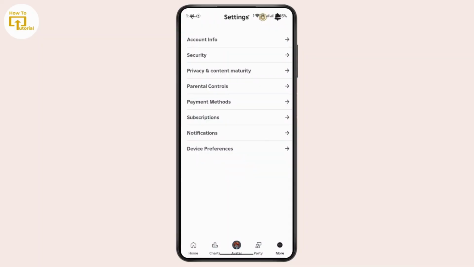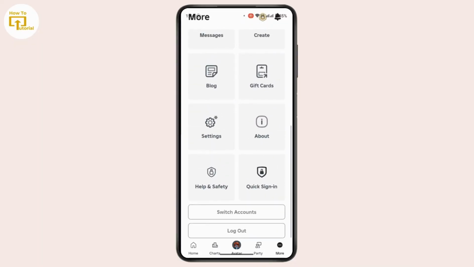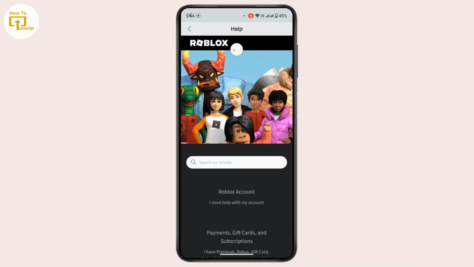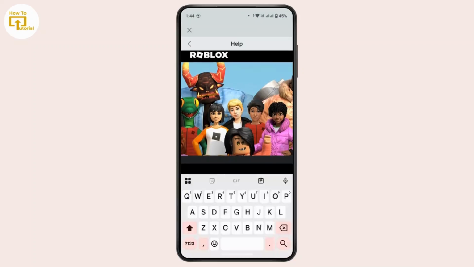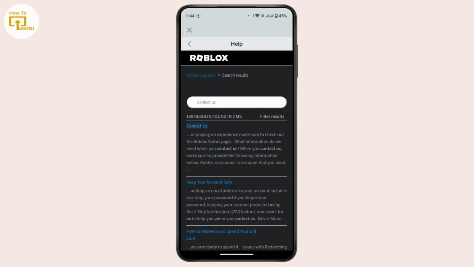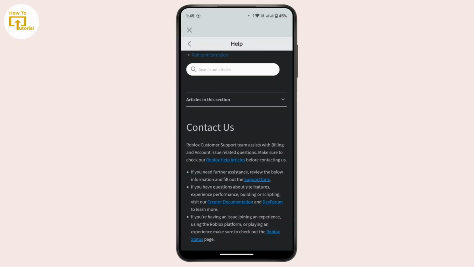So for that, you have to contact Roblox support. In order to contact Roblox support, tap on More at the bottom right corner. From this menu, you have to tap on Help and Safety, then tap on Help. So under Help, in the search bar, type in contact us and then search for it. Tap on the first result, Contact Us, and here scroll down a bit and there is a link provided as